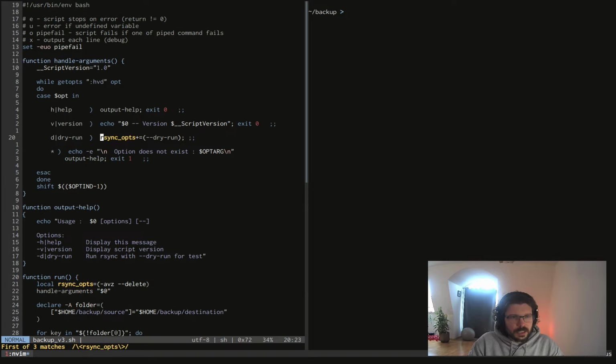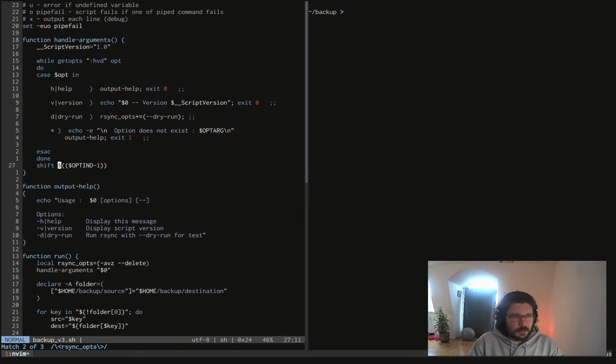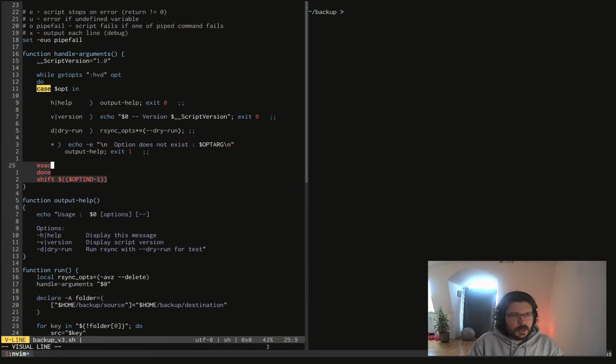I mean, it works because we create here async and then we pass it. I mean, we don't pass it explicitly to handle arguments, but handle arguments modify it anyway if we give the dry run option to our script. But this shift here doesn't really work because since we are in a new scope,